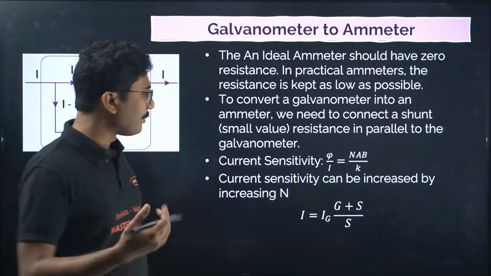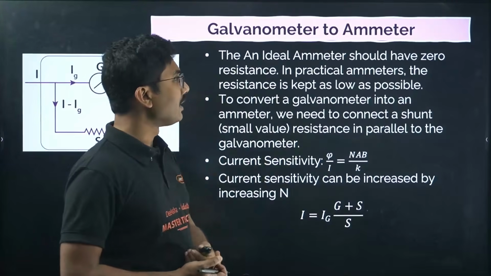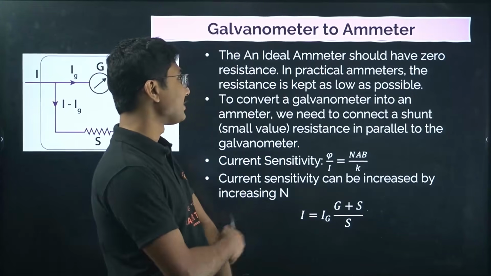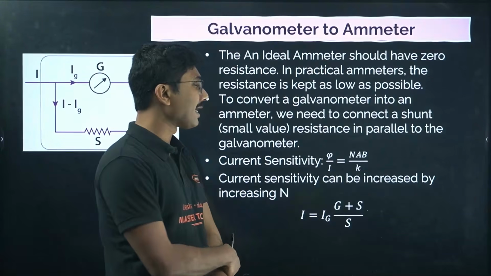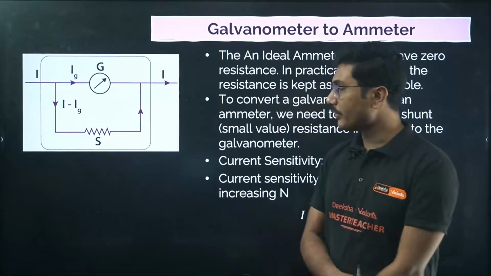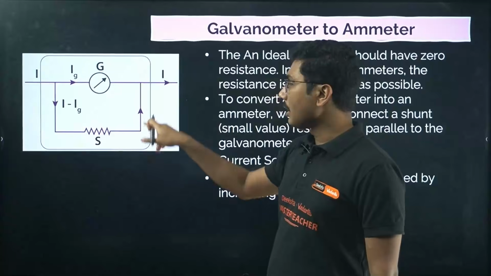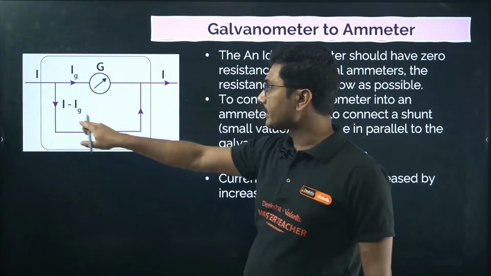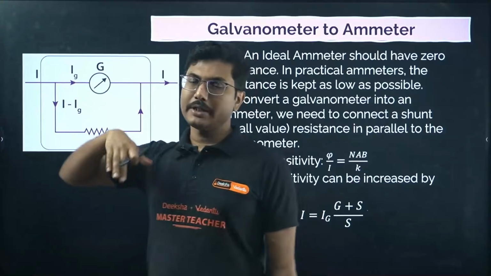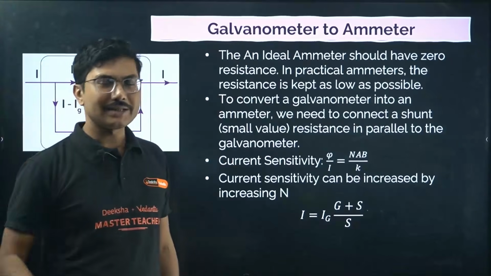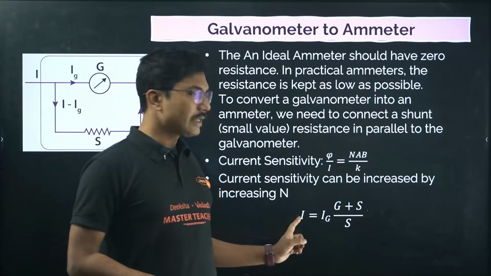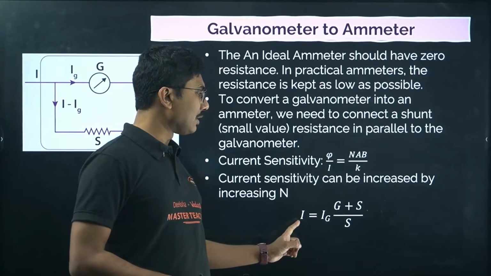Now, galvanometer to ammeter conversion. An ideal ammeter should have zero resistance. In practice, the resistance of ammeters is kept as low as possible. To convert a galvanometer into an ammeter, we need to connect a shunt of a very low value resistance in parallel to the galvanometer, so that most current passes through the shunt and a very small amount of current passes through the galvanometer. This will protect the galvanometer, as well as lower the overall resistance, and the current that you are measuring is given by I equals Ig